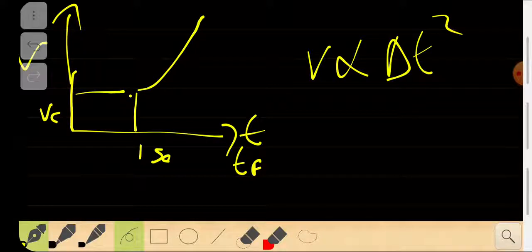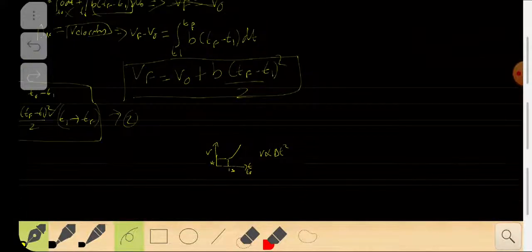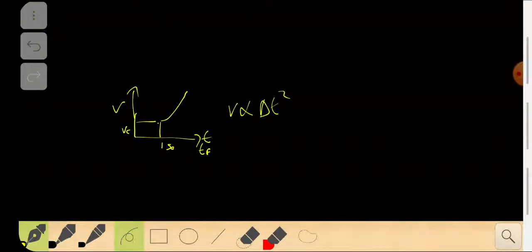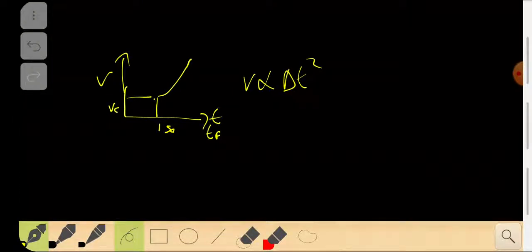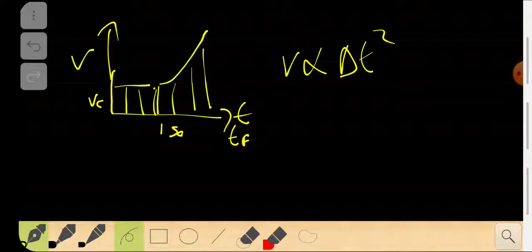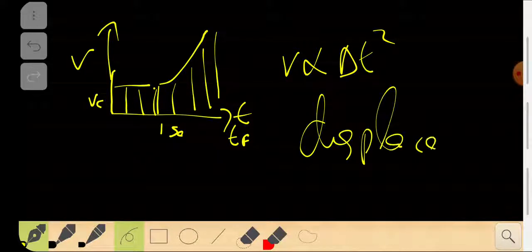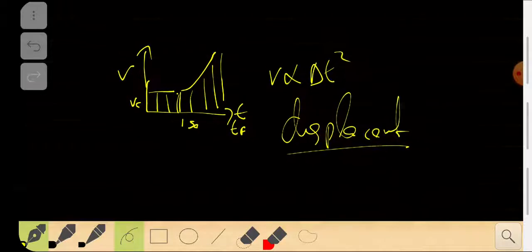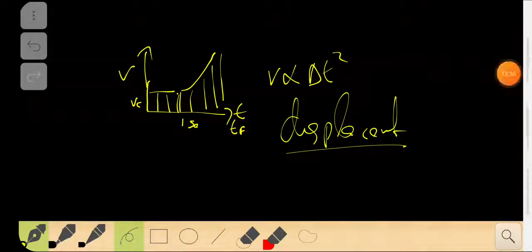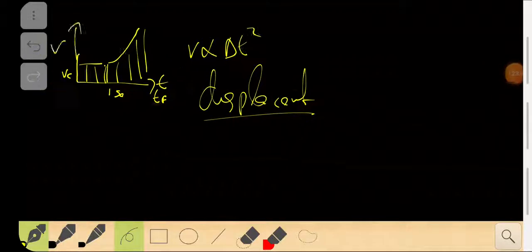Okay, so that's how it's going to look in the case of the velocity versus time graph. And the area underneath this velocity versus time graph will be the total displacement. The area under will be the total displacement of the car. Okay, so that will be the area. Let's find out the area.